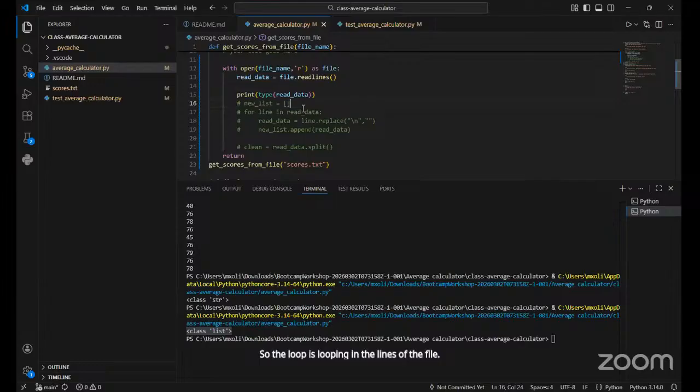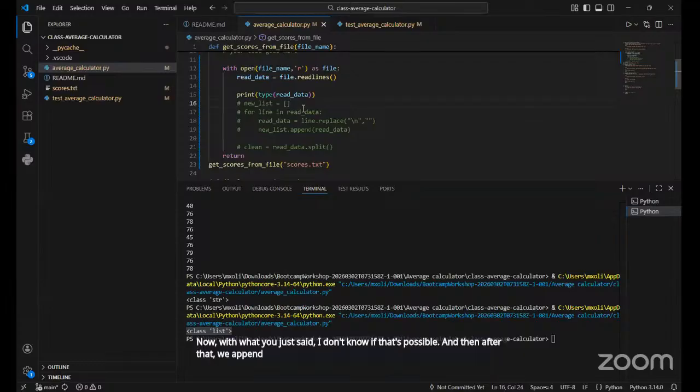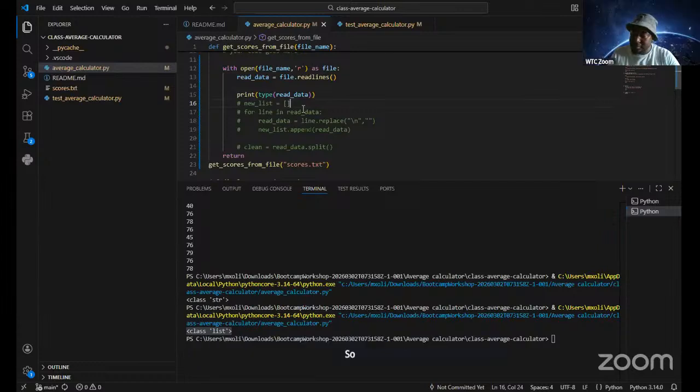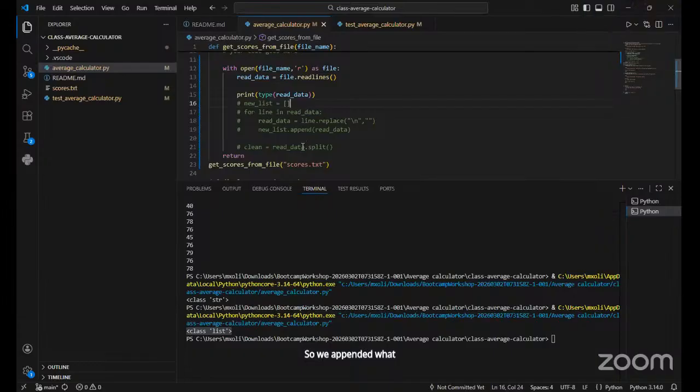And then we appended what we read, each line from the file, to the empty list, and then we return numbers.